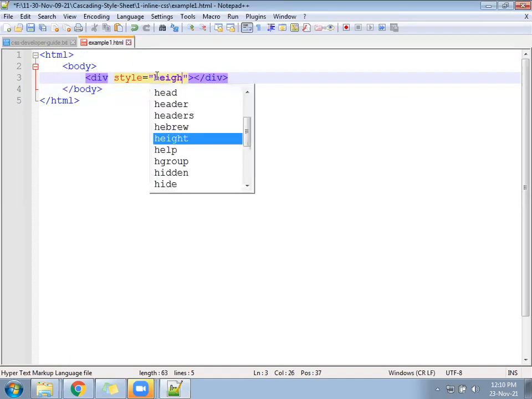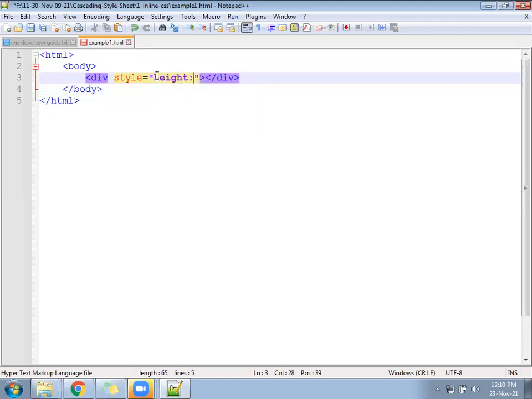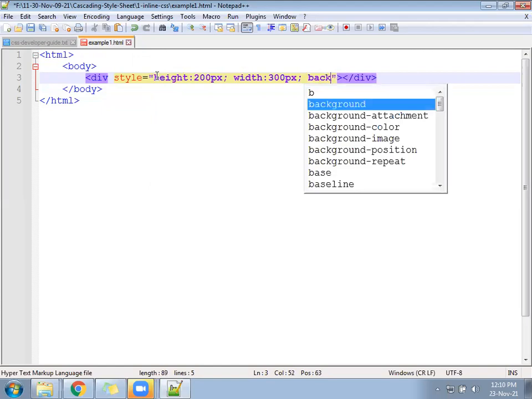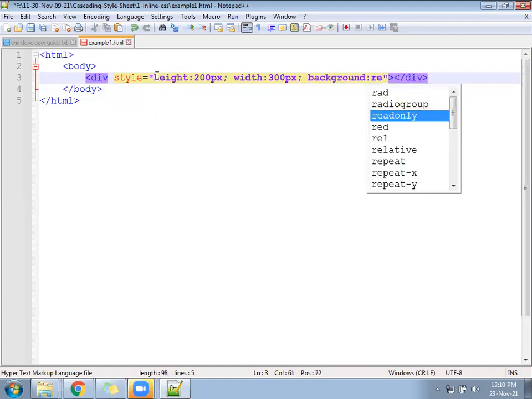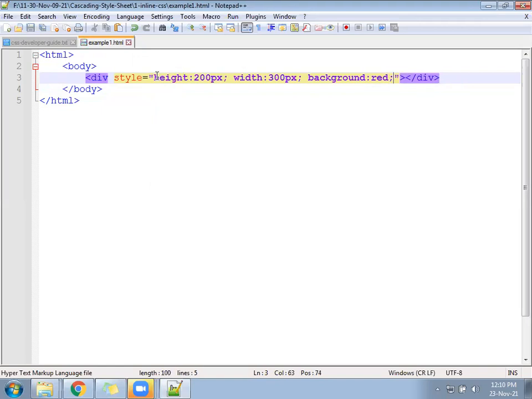Height of the division 200 pixel, width of the division 300 pixel, background of the division red color, in the sequence 200 by 300. In the red background, one division will appear.